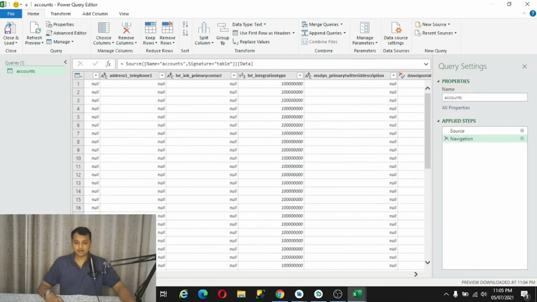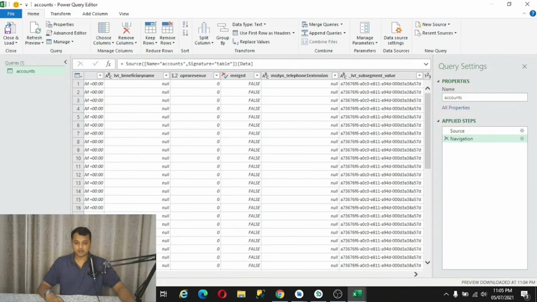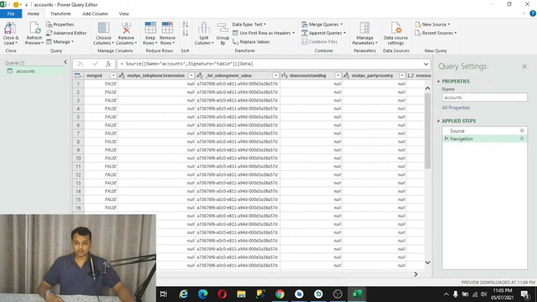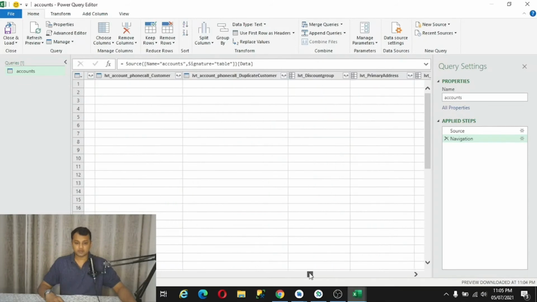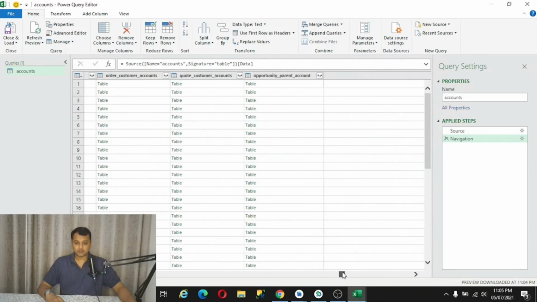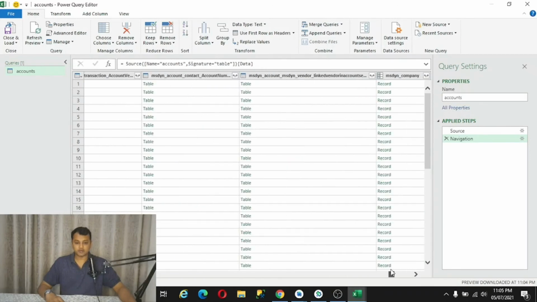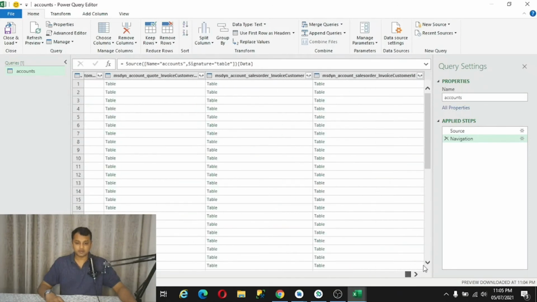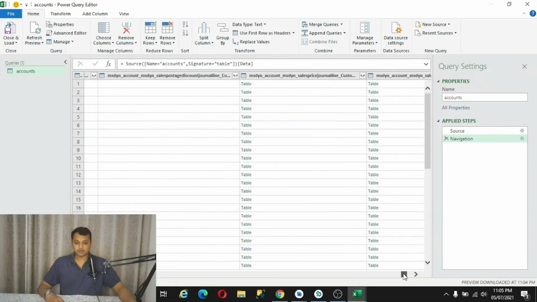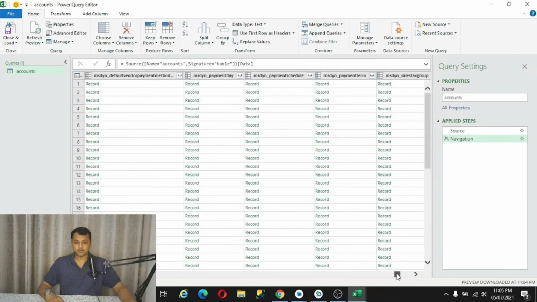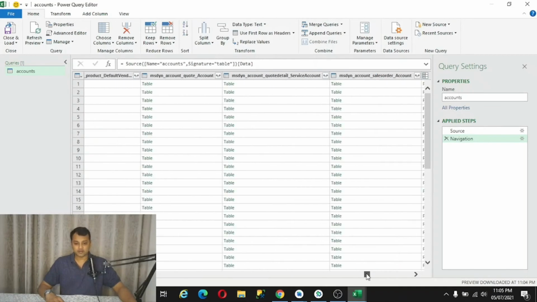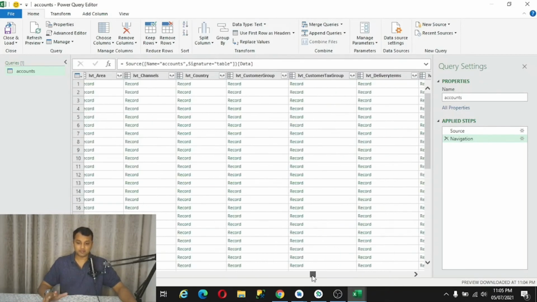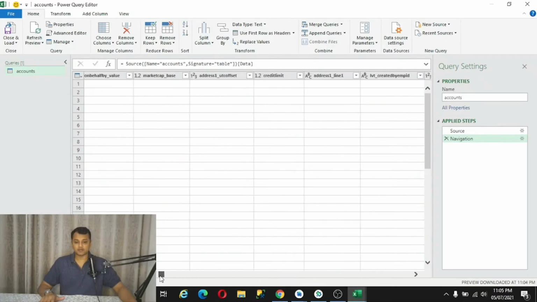Before starting, you can see I have multiple fields available, out of which I want to utilize certain fields which can help me in limiting the number of records loaded.